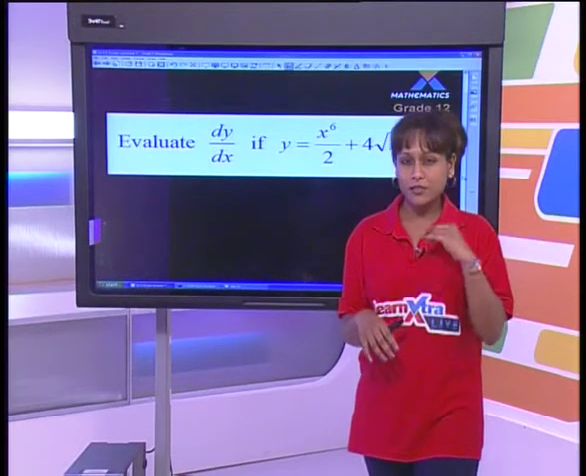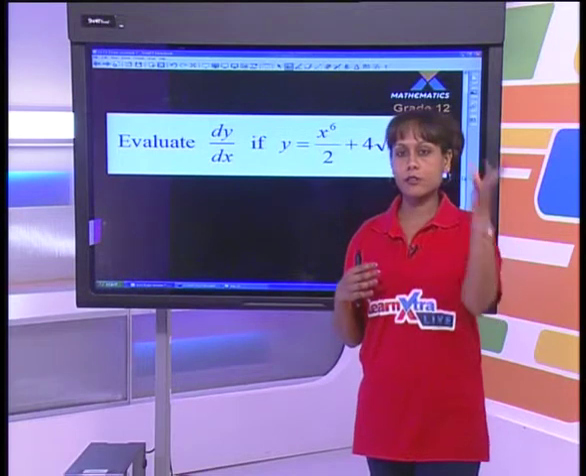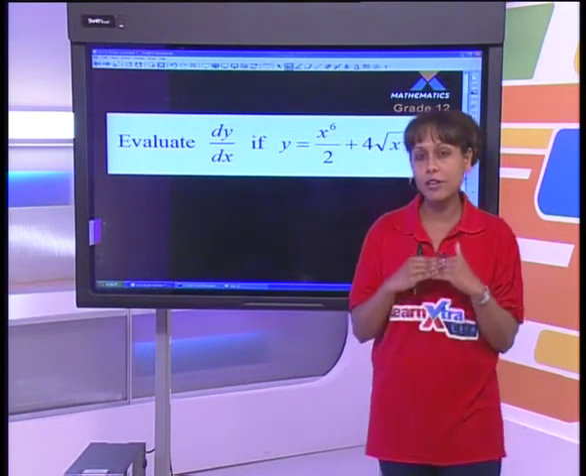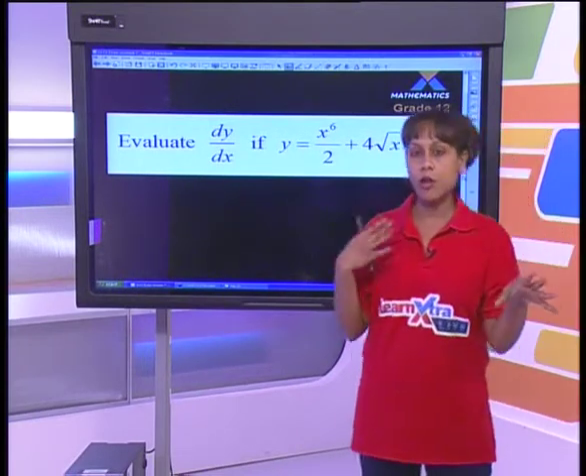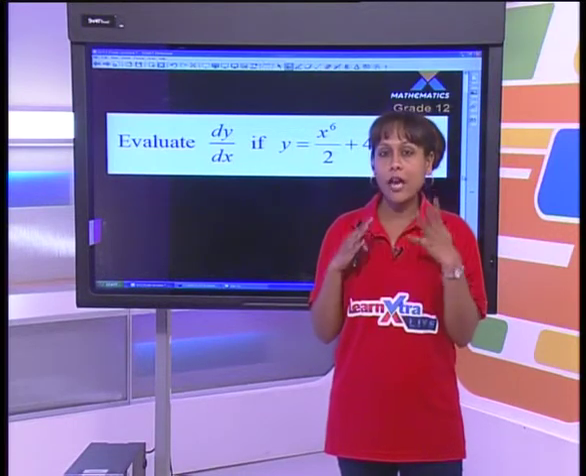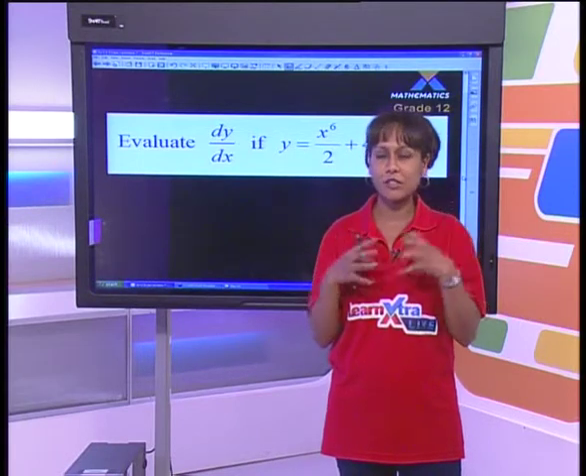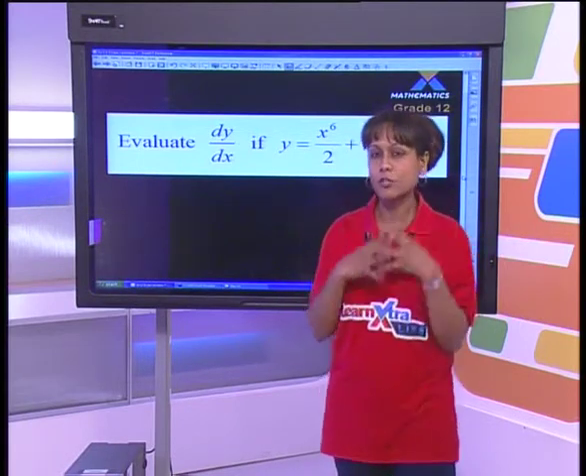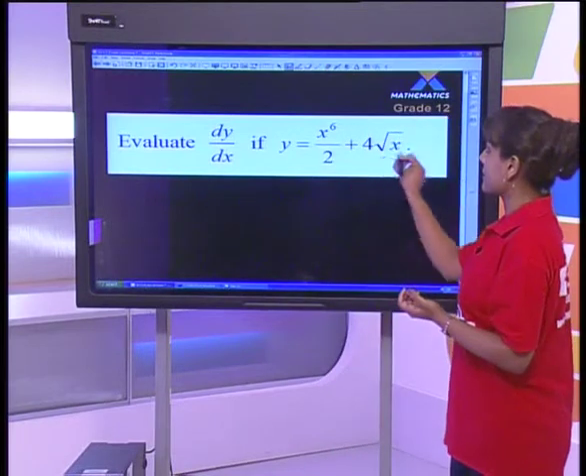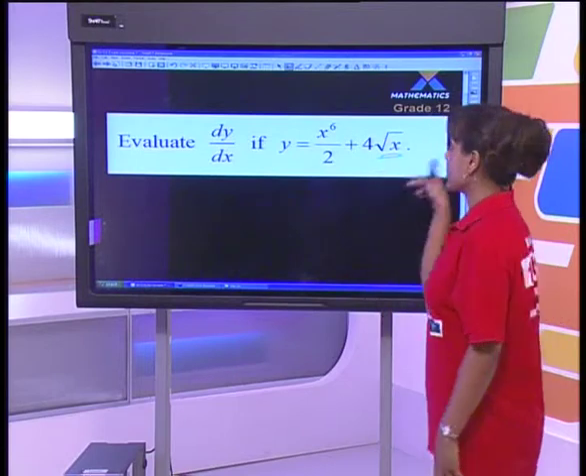If you have x's in the denominator, you need to use your exponent laws and take them to the numerator. You cannot have x in the denominator when you're using your derivative rules. Another thing is you cannot have square roots and brackets and that kind of thing. You want things to be as simple as possible. So if you have things like a square root, once again, you need to use exponents to get that out